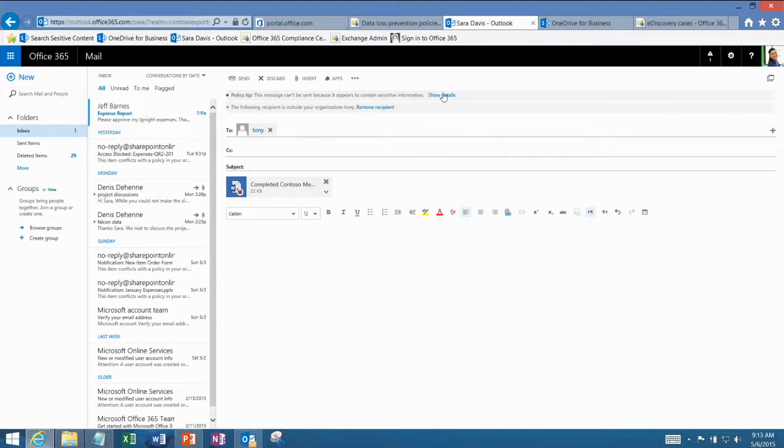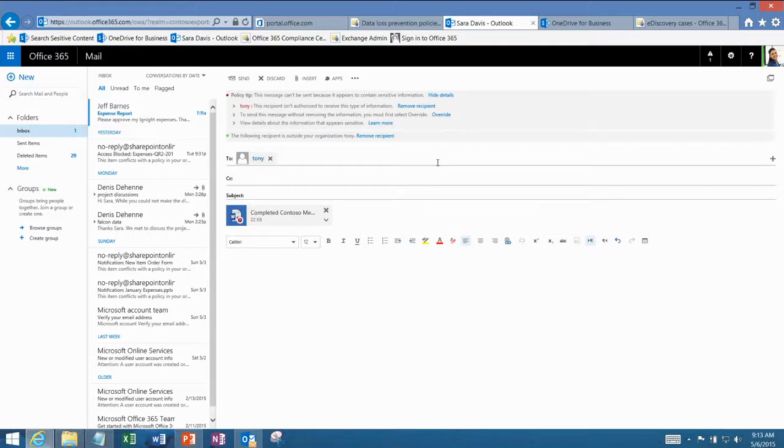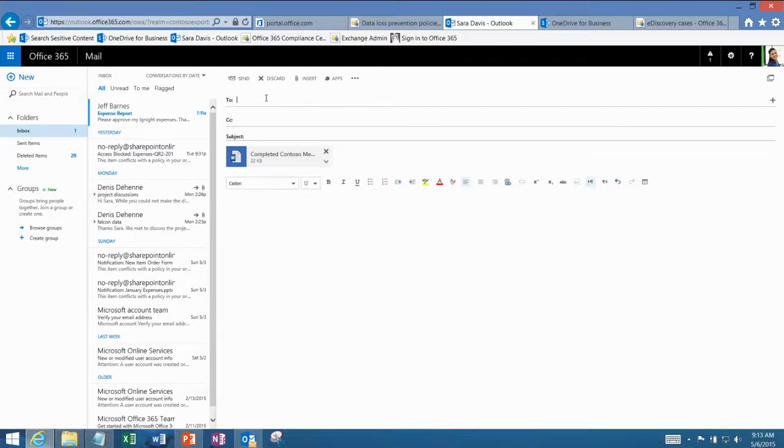I can go ahead and look at the details, and I will see the same block action that I saw before. Clearly, I have the option of removing the recipient, which is the right thing here, as I really wanted to send this to this Tony, and be able to continue my operation. The other interesting part here is if I open up this document,